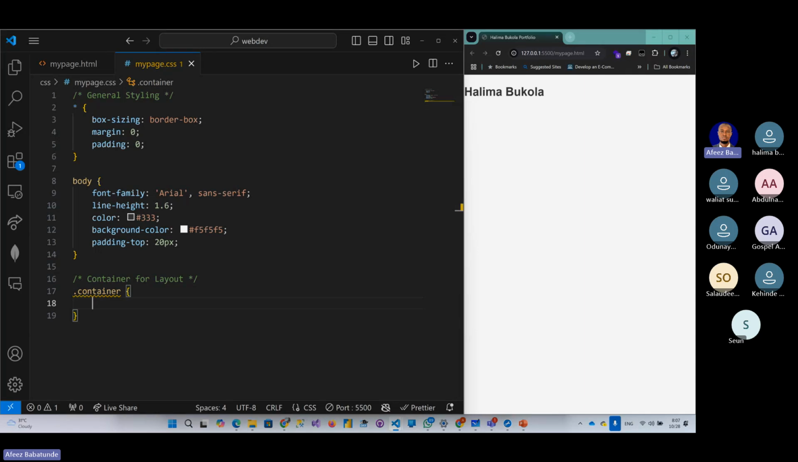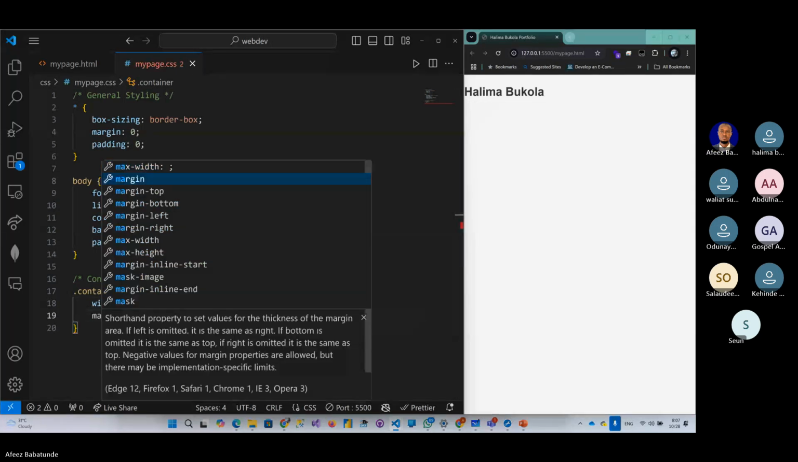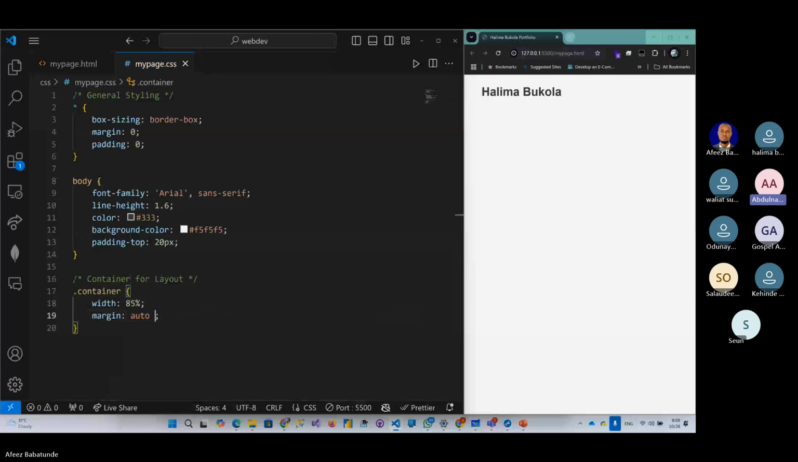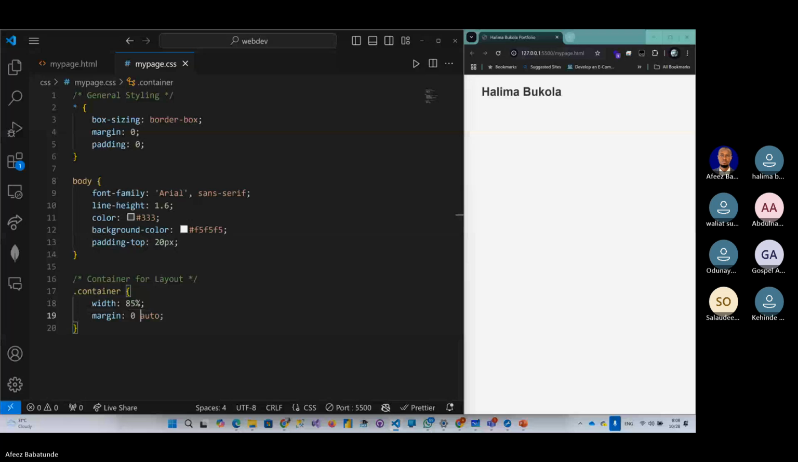So let's have within our container, we'll have width of what? Let's just have it 85% of our web page. Then let's have margin of auto, yeah, 0 and auto. Then we have padding of 20 pixel. Now,